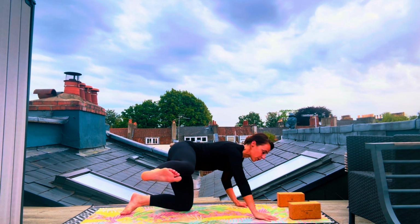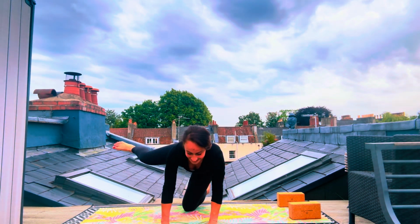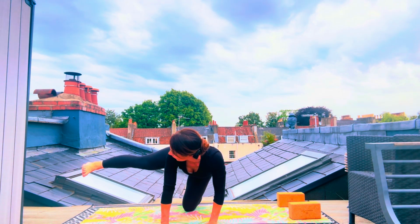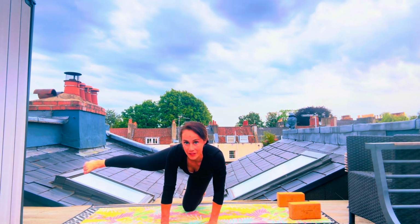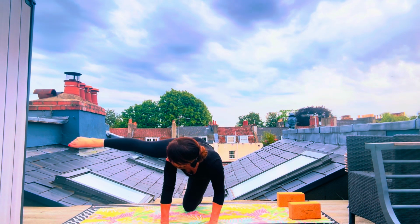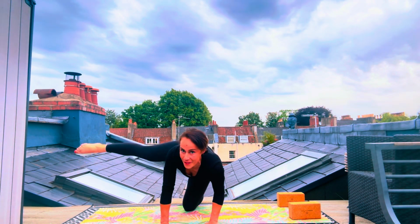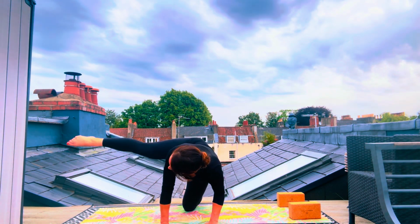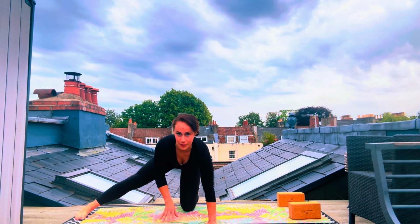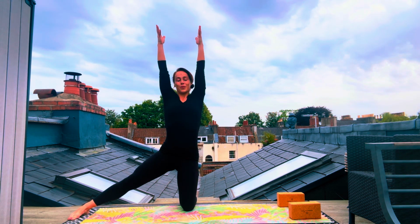From here, we're going to land the left hand down. So if I turn to the side and try not to fall, then I've got my right foot out to the right and the hands are landed in front. I'm going to point the toes to the right. Here we go. And we're just going to look at finding tiny little circles with that right foot. One last deep breath here. And then landing the right foot down, we're going to walk the hands in, lifting the chest, sweeping the arms